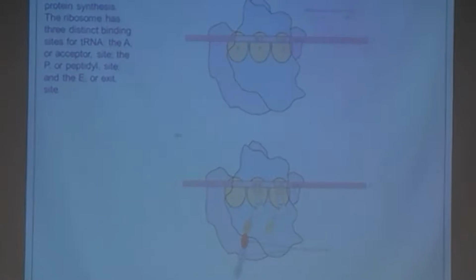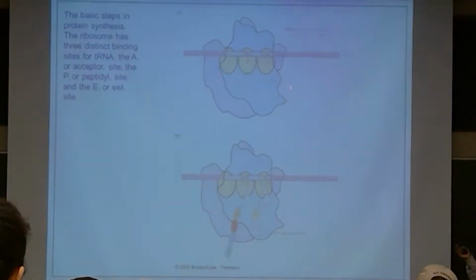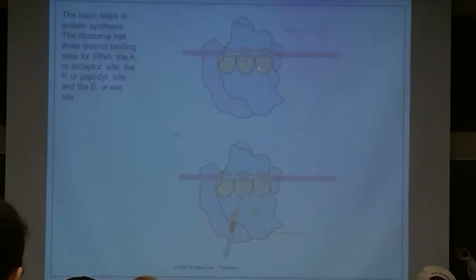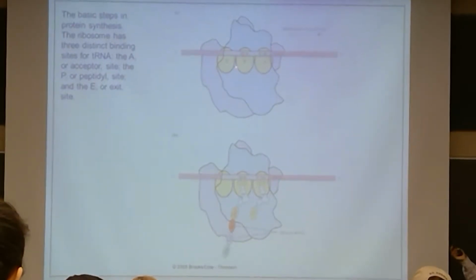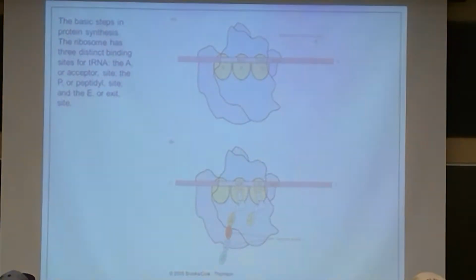So whenever there is translation, your ribosome particle binds to the messenger RNA. In the ribosome, there are three sites. One is called the A site, another is called the P site, and this is called the E site. A site is the acceptor site. P site is where it gets the peptidyl transferase. So your tRNA,